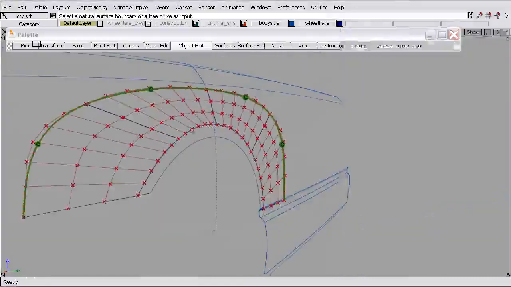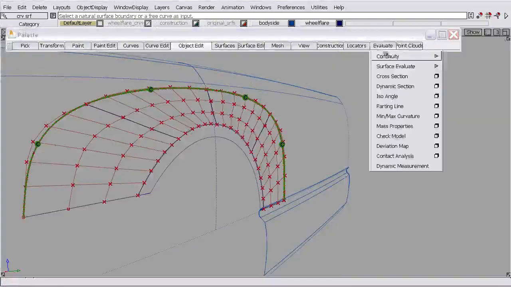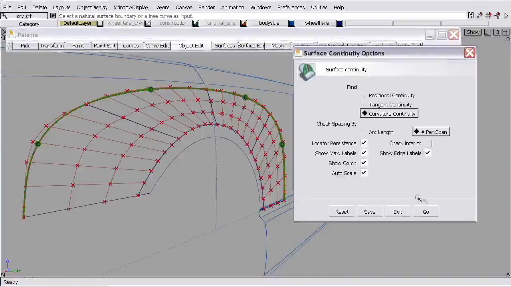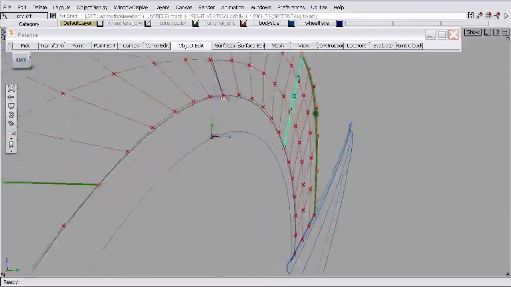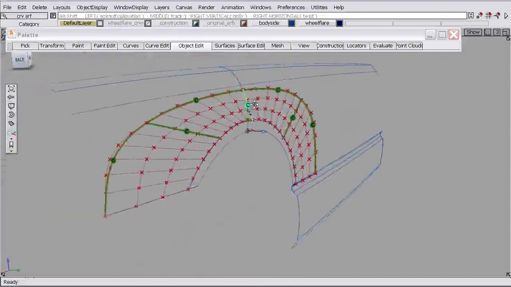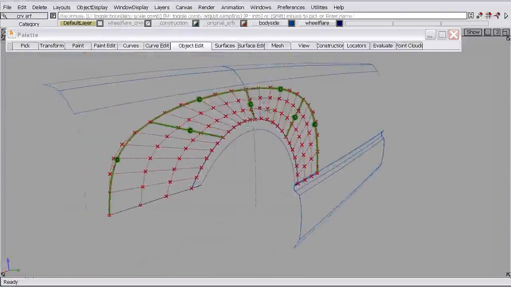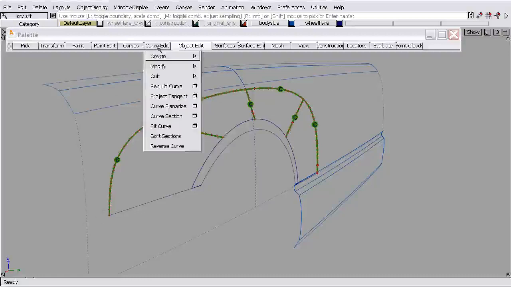Go back to perspective. I'm going to quickly check some other continuity. So evaluate surface continuity, and let's check these boundaries. And everything's curvature. We'll do a little trim on this surface. To do that, we need a small curve on surface here. So I will